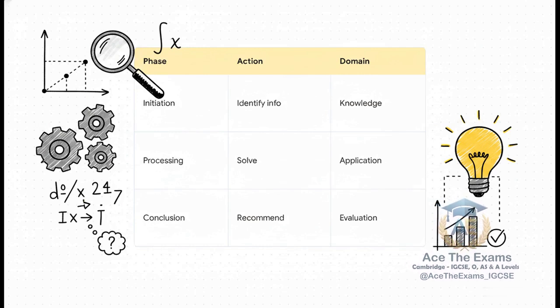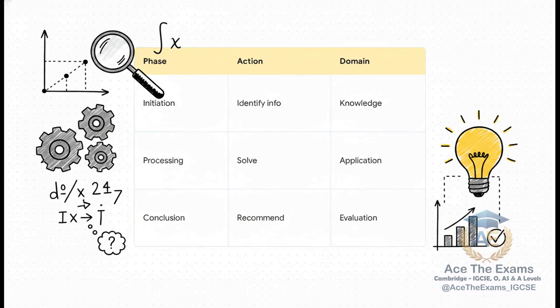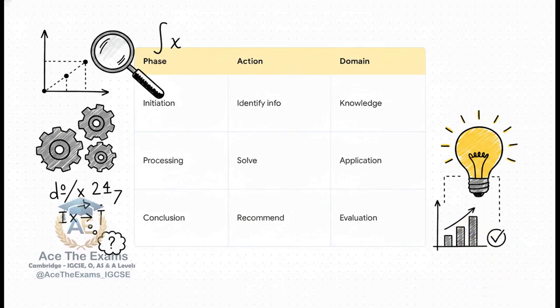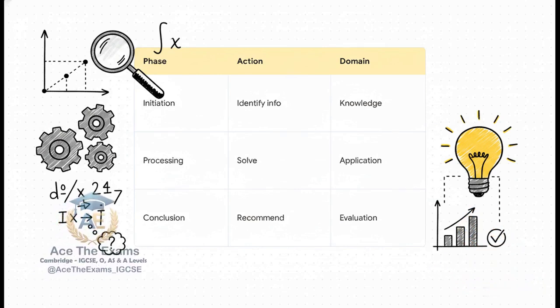And here is the absolute secret weapon of the method mark strategy. Even if your nerves get the better of you and you drop a negative sign or make a minor arithmetic error in your final calculation, if your systematic processing steps, your calculus rules, your algebraic expansions are cleanly documented on the page, the examiner can, and very often will, award you substantial method marks. You are being rewarded for your procedural logic, not just your final numerical destination.